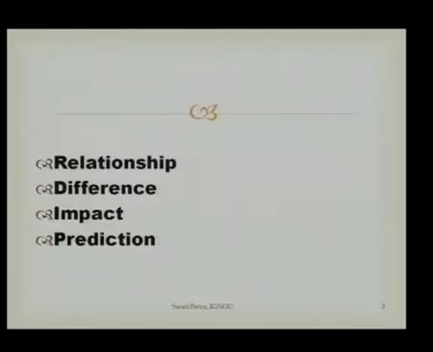It is not due to any other extraneous factors. In research we also focus on different aspects, because research focuses on different aspects of a particular phenomenon. So as we say, it focuses on the relationship aspect. That means in research we find out the relationship between two different aspects or two different variables. For example, we can study self-concept and the mental health of children, how the self-concept of children relates to their mental health. Similarly, we can find out how mental health relates to adjustment. If one has better adjustment, does it affect mental health? So one aspect of research focuses on finding out the relationship between two variables.